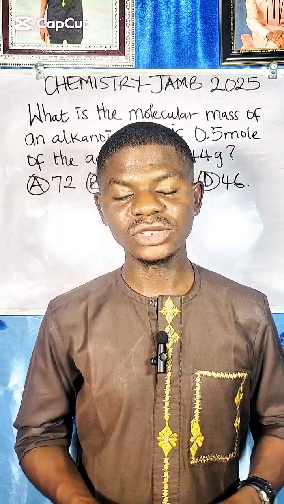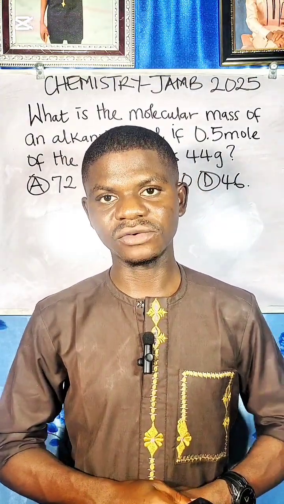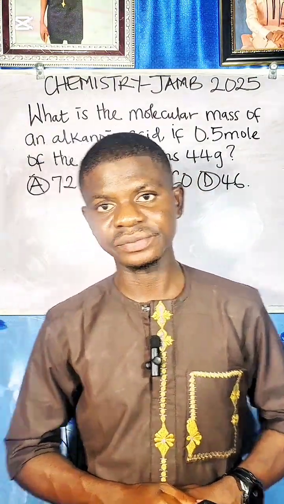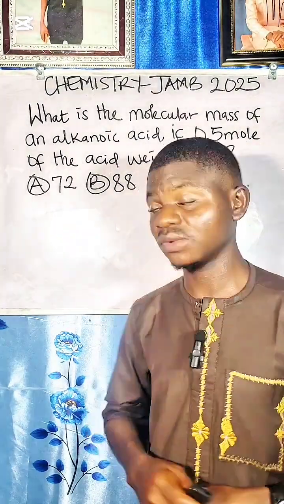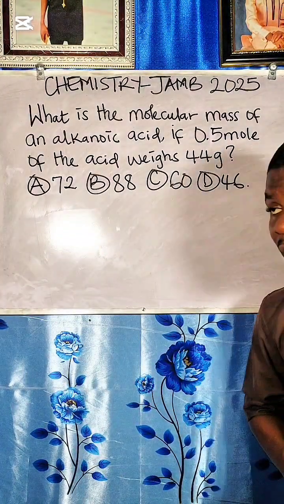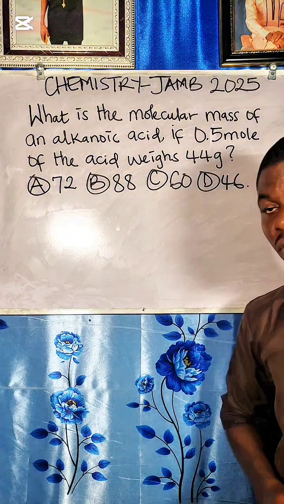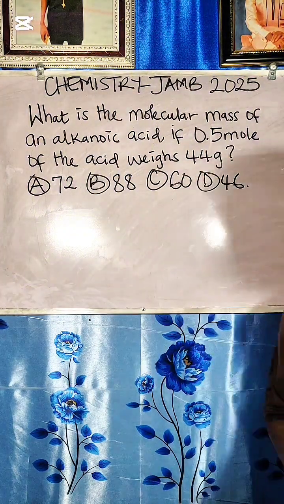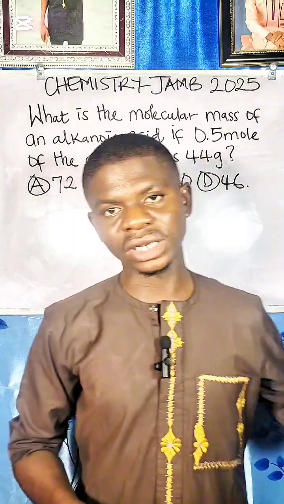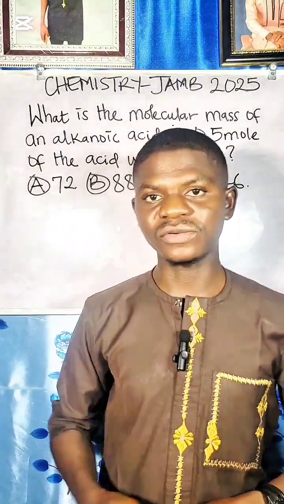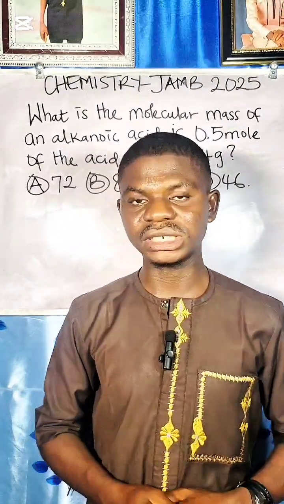Hello viewers, in today's video, I'm having a past question from JAMB 2025. The question says, what is the molecular mass of an alkanoic acid if 0.5 mole of the acid weighs 44 grams? What is the molecular mass of an alkanoic acid if 0.5 mole of the acid weighs 44